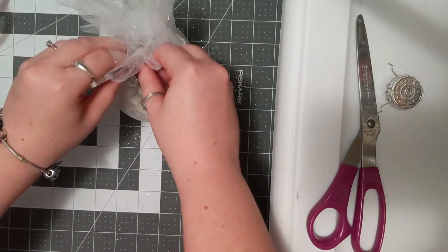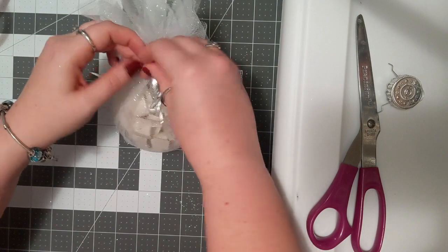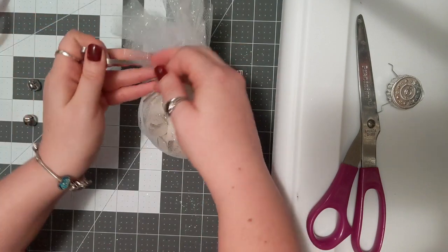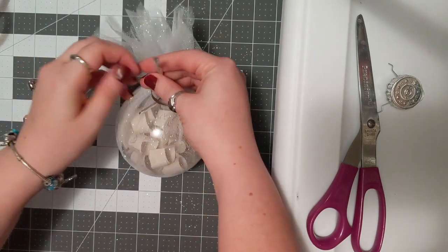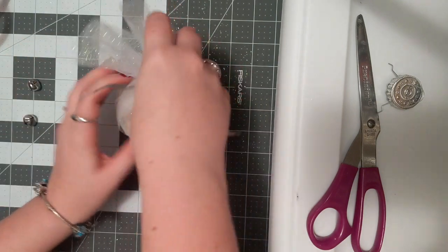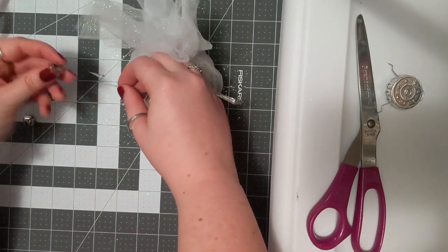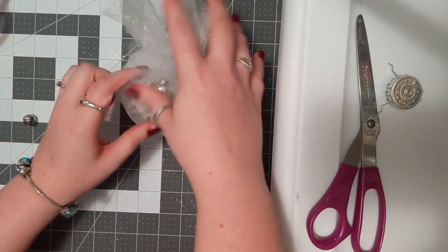Now I'm going to bring it to the front and tie it, because I'm going to attempt to use the same ribbon for my bells. Attempt to. That's the key word here. Plus it helps to hide that ugly little band there. Okay, I don't think I'm going to be able to use that for my bells. Yeah, definitely not. It's too small. Okay, so all I'm going to do...